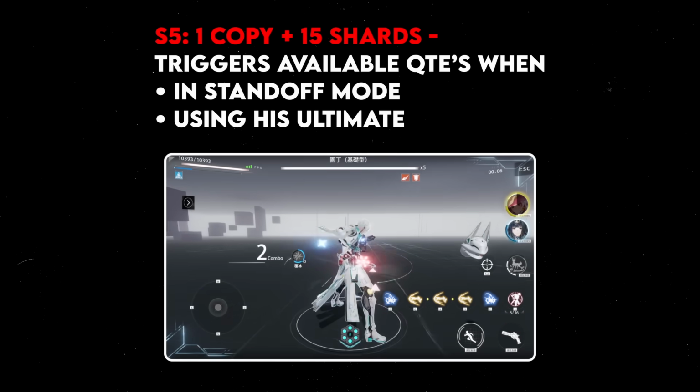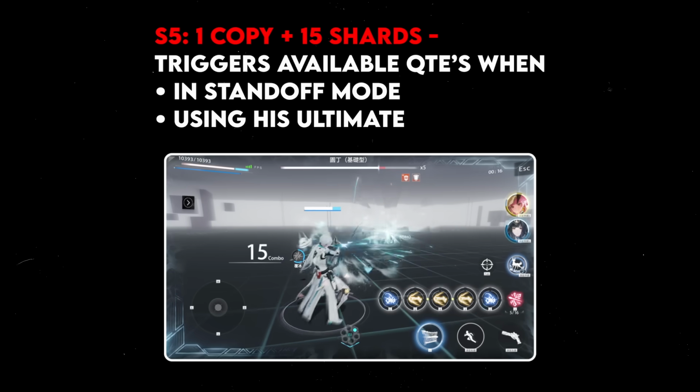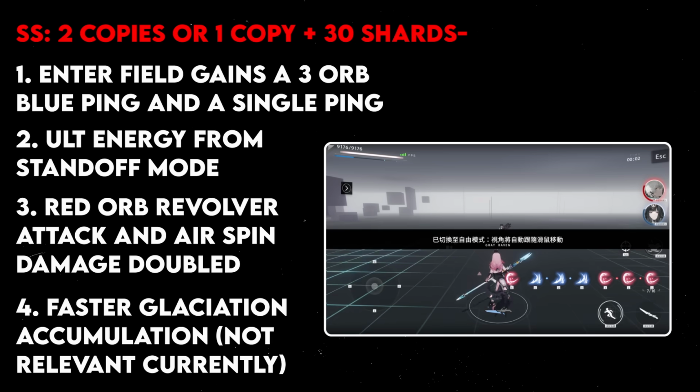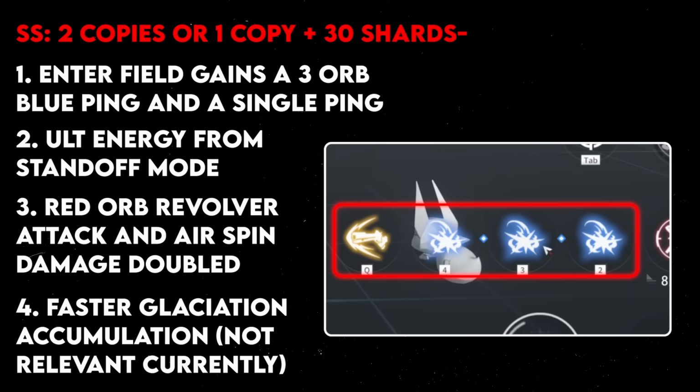So for Wanshi's S5, when you enter standoff mode, it'll trigger all available QTEs. When you use his ultimate, it will also trigger all available QTEs. Classic S5 upgrade. As for his double S, when he enters the field, he gets guaranteed 3-orb blue ping and